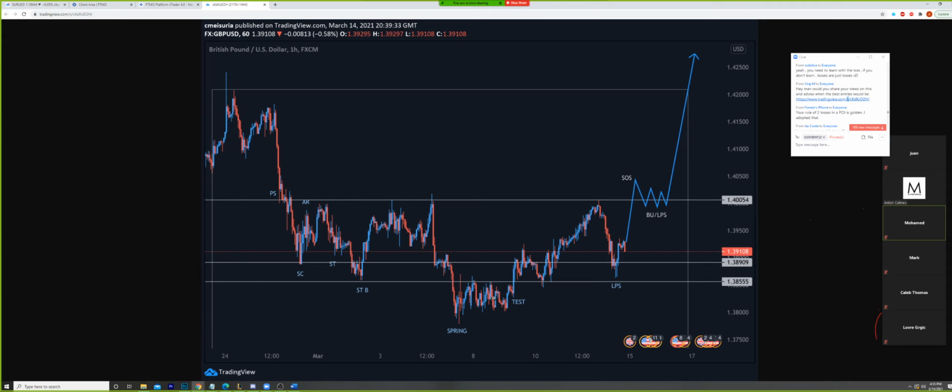I think this might be a really nice 8 hour overall Wyckoff schematic, and it might help you gauge where you're at in price. But the fact that we've made this slow run up after making these huge down pushes, slow run up, huge down push, just leads me to believe more so that this might be a redistribution or a continuation downwards than it is an accumulation. But that said, I might be fully wrong, and you should just trade it under your bias, right? Your rule of 2 losses in a POI is golden. I adopted that. Thank you.